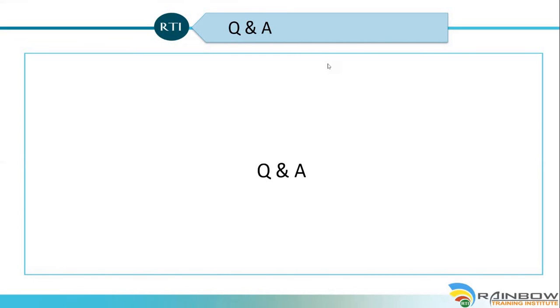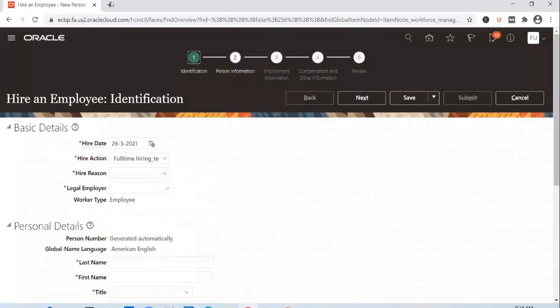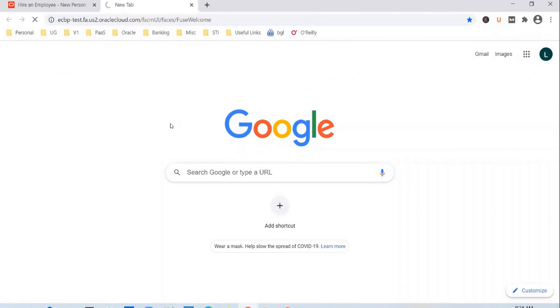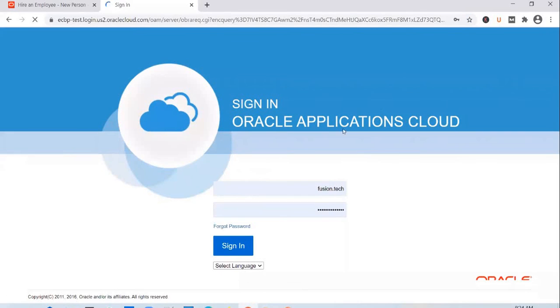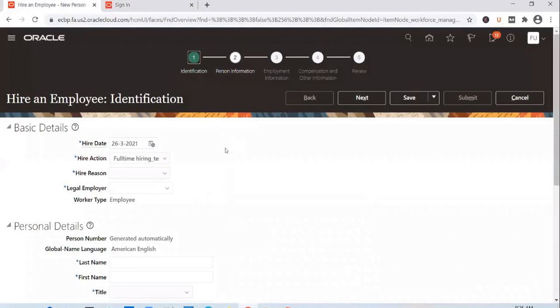The login page changes, this is a good question. Sometimes clients do ask for login page changes as well. So let me go to the test instance page. If you look at this page, some clients might ask you to change it as well, and they might want to see their logo here, and their company building in the background. In such cases, such changes cannot be done from within the application.